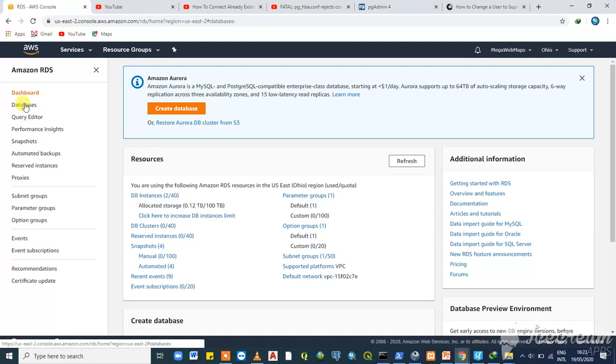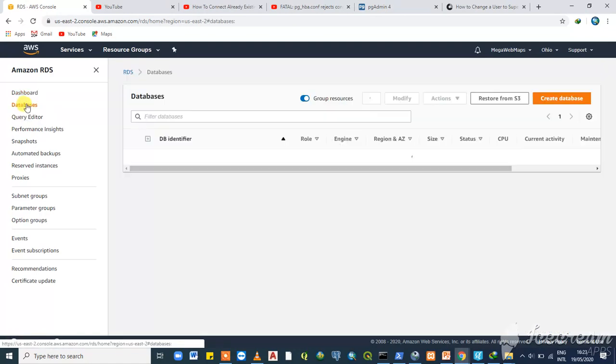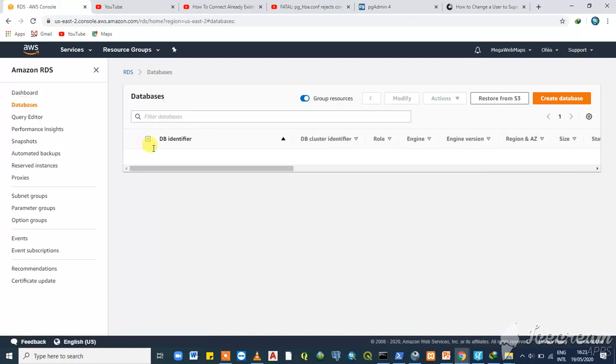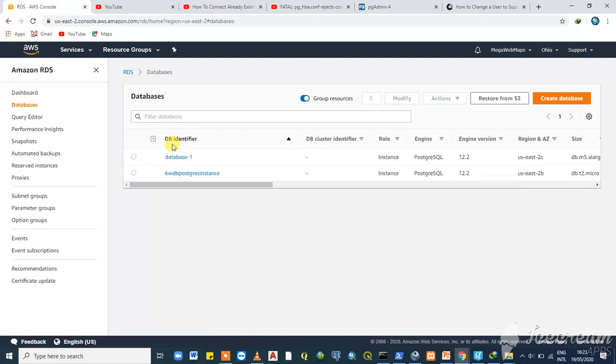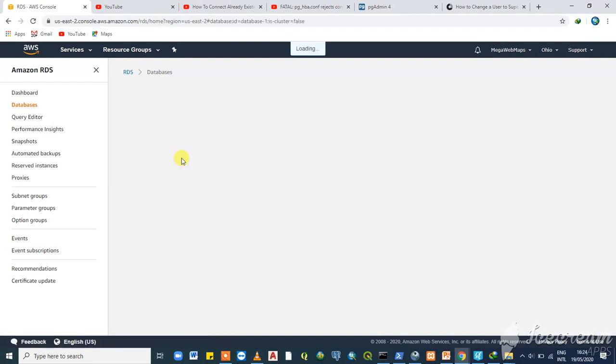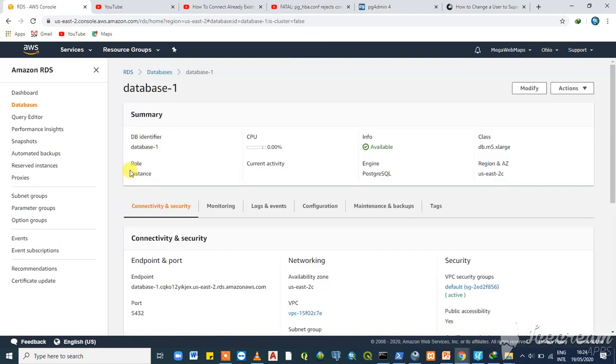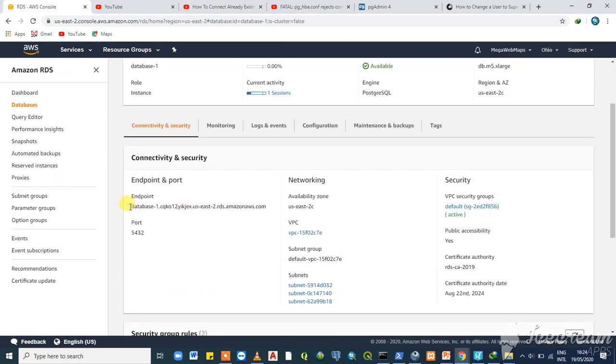So I can check my databases that I have created, and I have 2 databases, or rather instances. When you click on instances, once it has been published by Amazon Web Services, they give you a port or an API that you will use to create a server which is going to host your data online. So this is the port. What you need to do is copy this link, more like a domain, and then go to your pgAdmin,